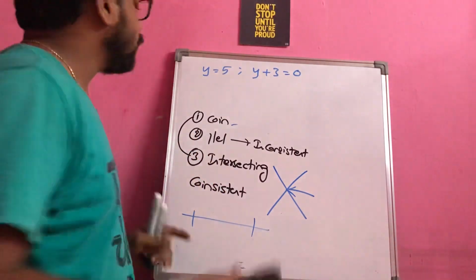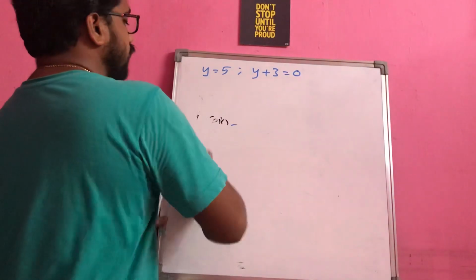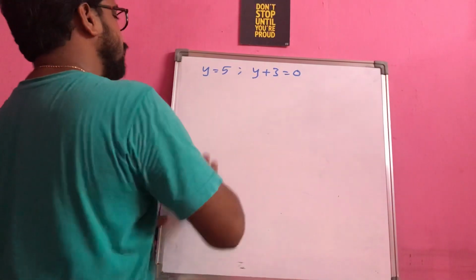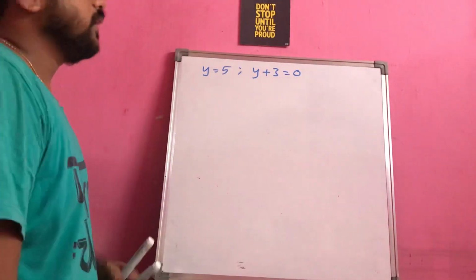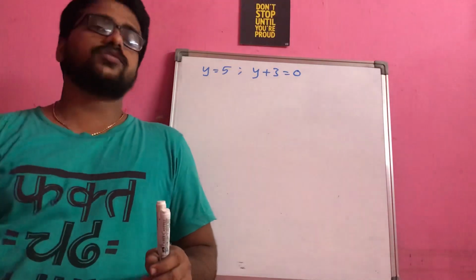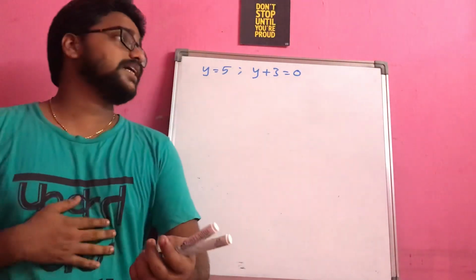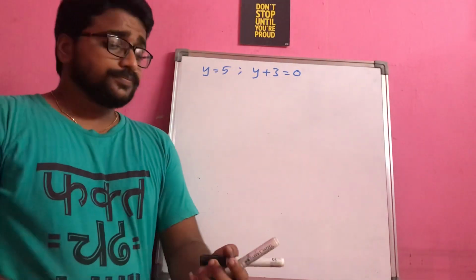Now in this particular question, if you observe, they are not giving the linear equation in 2 variables, it is just a linear equation in 1 variable. But still they are asking you to check whether it has infinite number of solutions or not. That indicates that you have to represent this on the graph sheet.